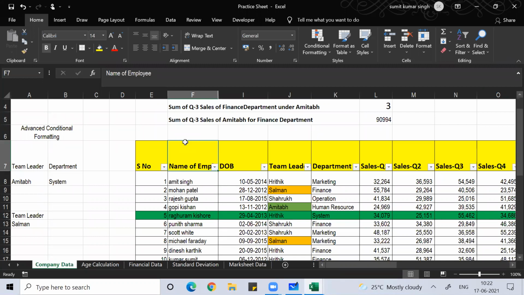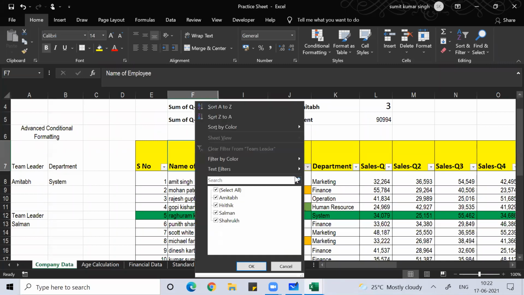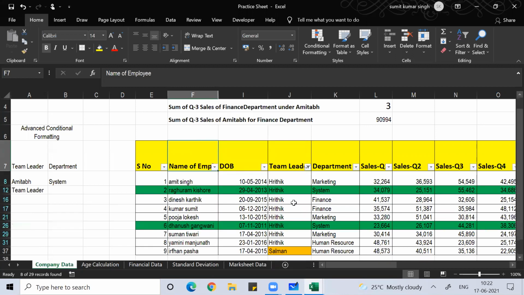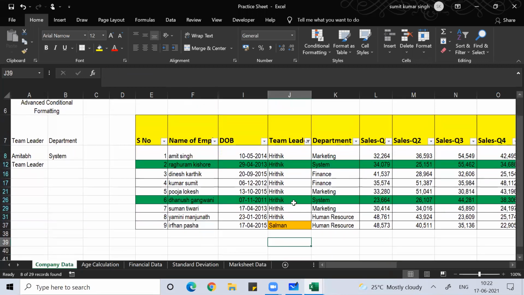Okay, everyone. So here we know that if I want to see all the people who are working under Ritik as a team leader, Ritik is a team leader. So the moment I select all the team leaders who are there under Ritik,